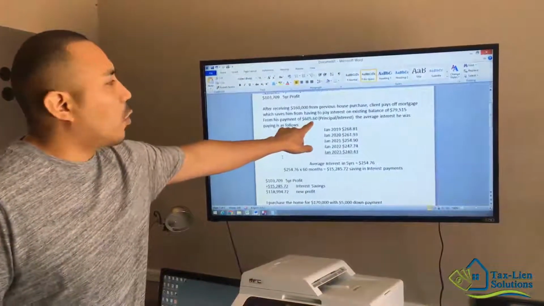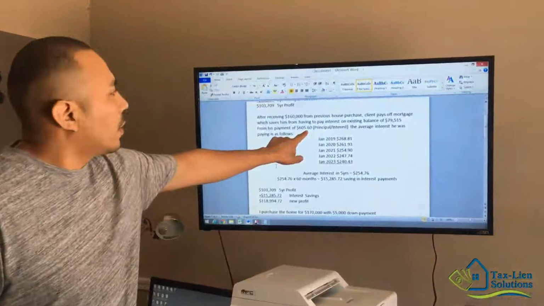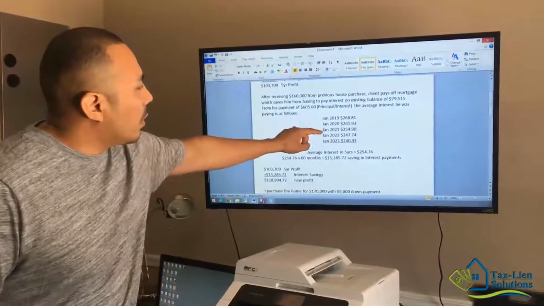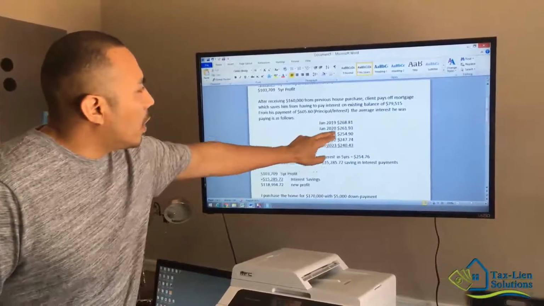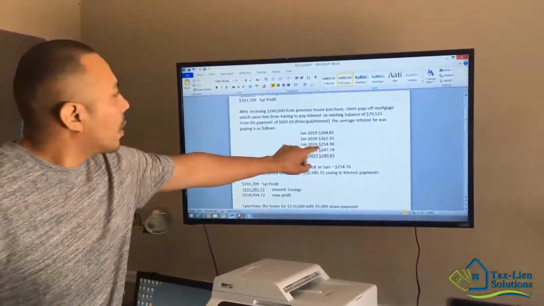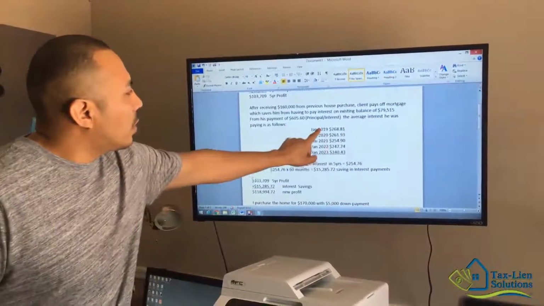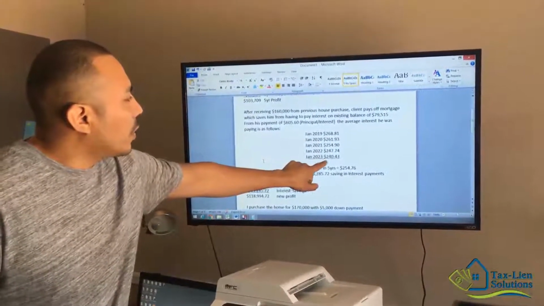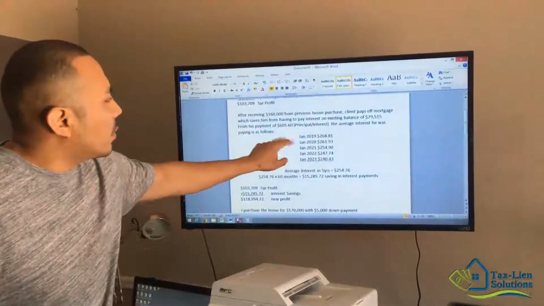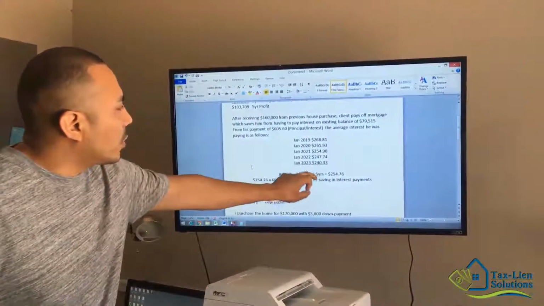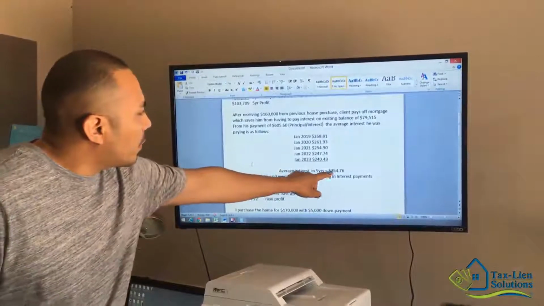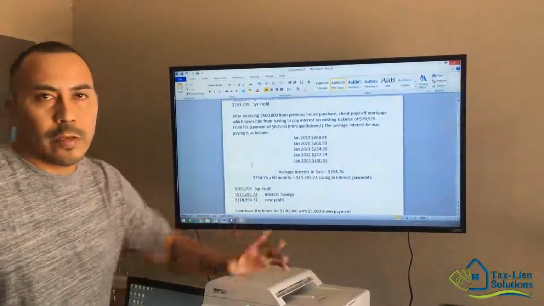PI are $605.60 a month. Okay, so I just took the average of every January for the next 5 years. How much of that $605.60 is he paying in interest alone? So in 19, it's $268.81, all the way down to 2023, it's $240.43 of that, from his principal here is going towards interest. So I took all 5 years, divided it by 5, the average came up to be $254.76, just to give